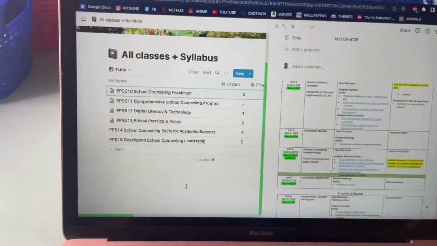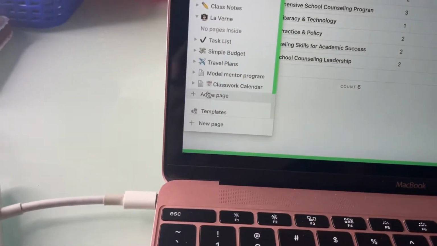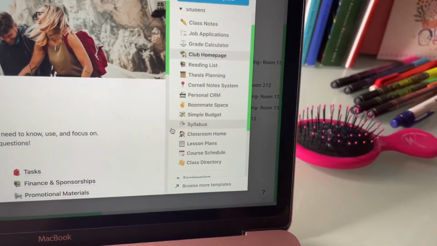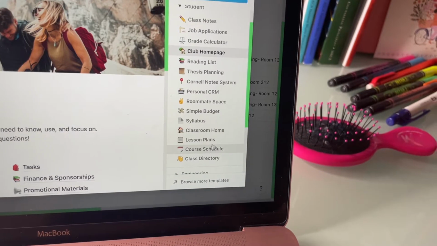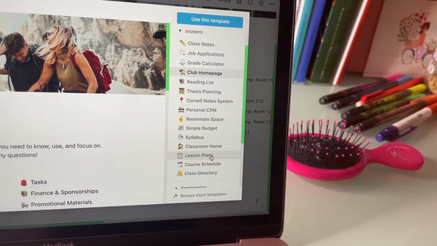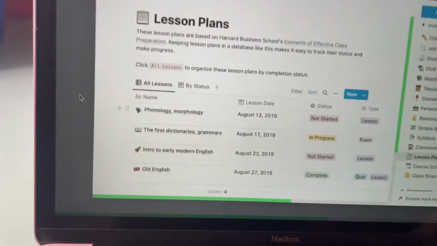Cool. So what we do is you go down here and there'll be something called templates, and this is what you're gonna click on. And then once you go to templates, let's start with the lesson plans. So we're gonna start with building the most basic schedule for you so you can have it in a visual form. So you go to lesson plans,